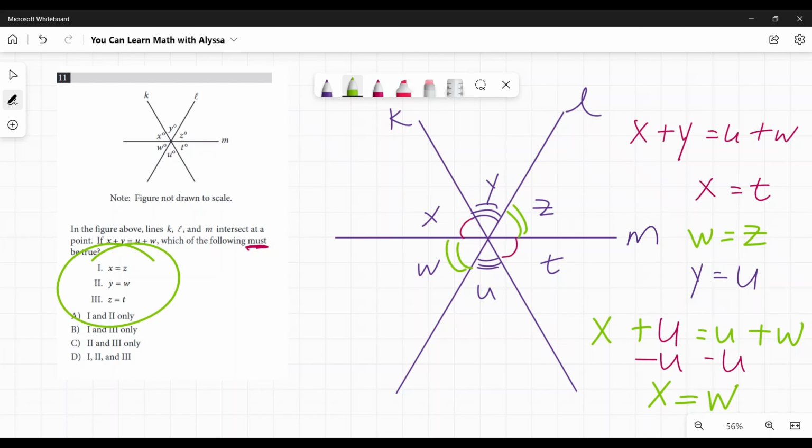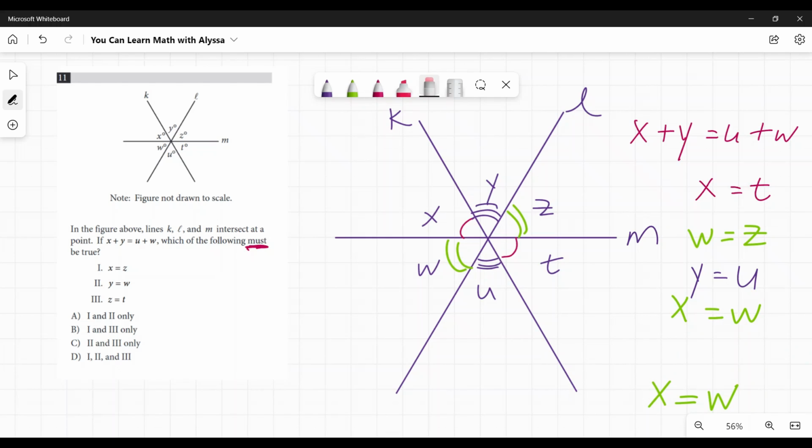W. Now that isn't any of those three, but that's an additional useful piece of information that I've just figured out. So I'm going to add that to my list, that X equals W, because that might help me. Okay, so now these are my pieces of information that I figured out. Am I any closer? I haven't proven any of these three yet, but I'm closer, especially to this first one,